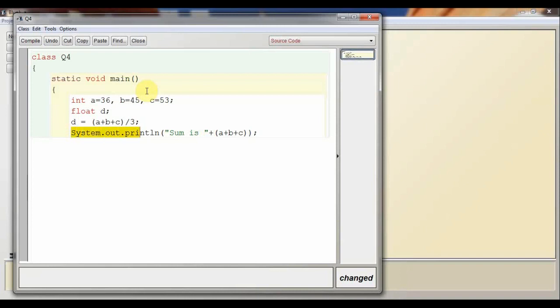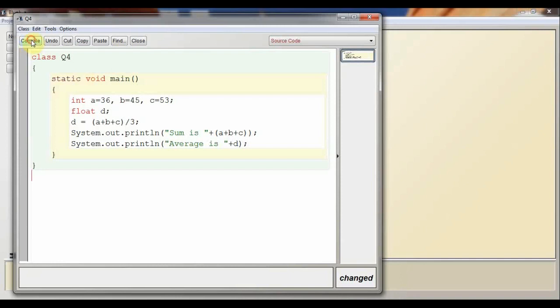Now print average. Now average is d. Curly brace close, again curly brace close.